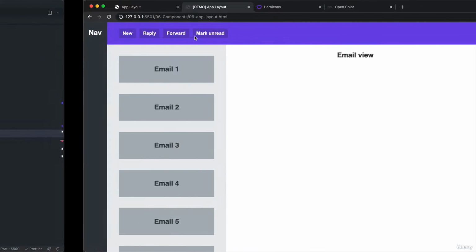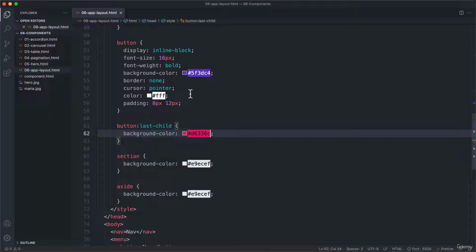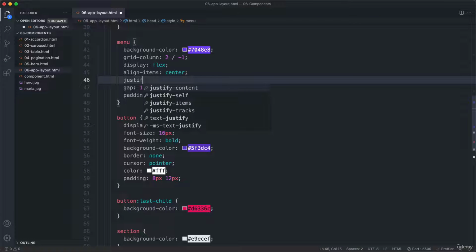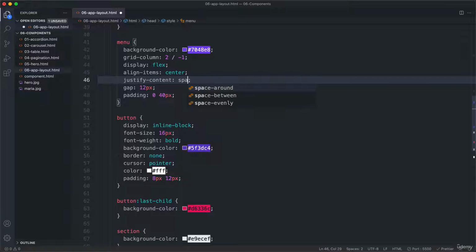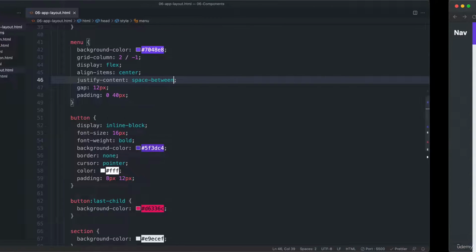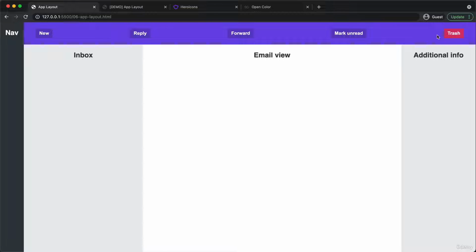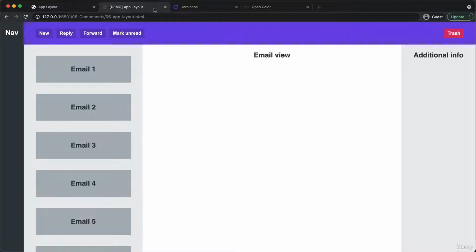The closest we could get, but that's still far away, would be justify content space between. So something like this. So now we at least have the trash in the very end, but then the spacing between here is completely messed up. So that's not what we want, but instead we want this one to move all the way to the right